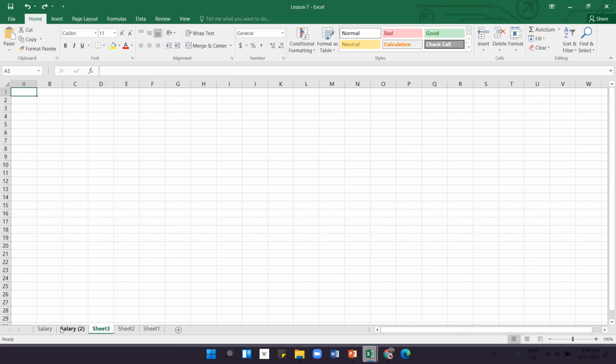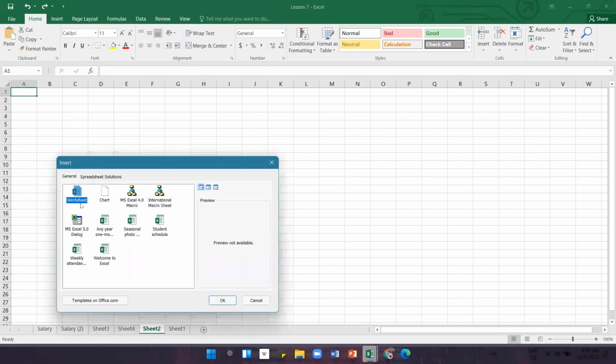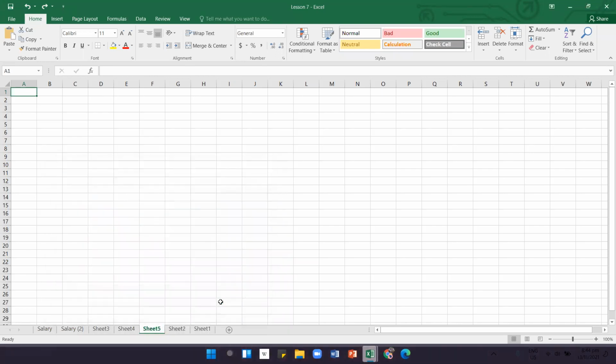Okay, so by default there will be only two or three sheets in your computer when you open a new workbook. But if you need more sheets, you can use any of the three methods that I have shared now. First method is to click the plus sign here to add a new sheet. Second method is you just right click, insert, worksheet. Okay, you will get one. Third one is this shift